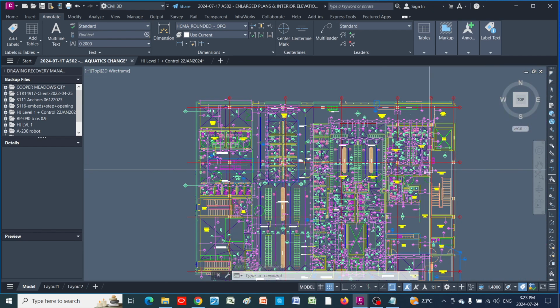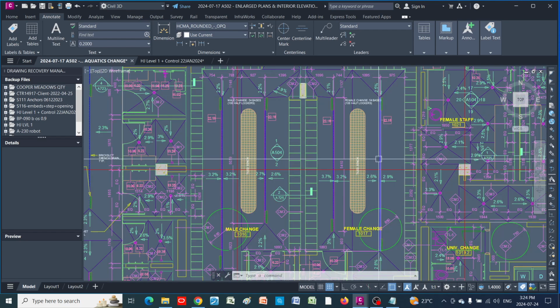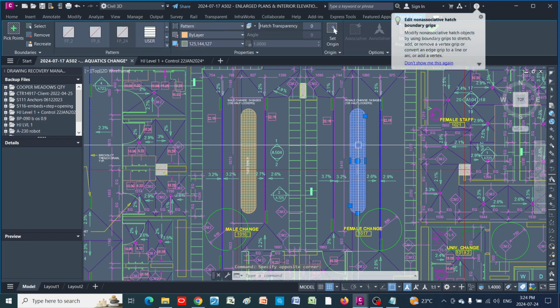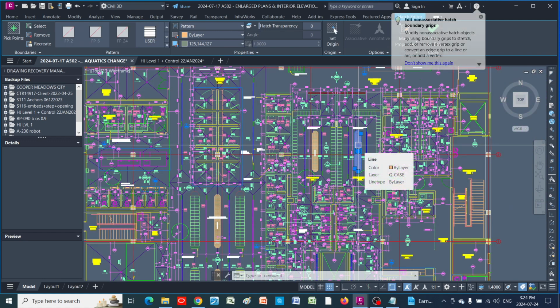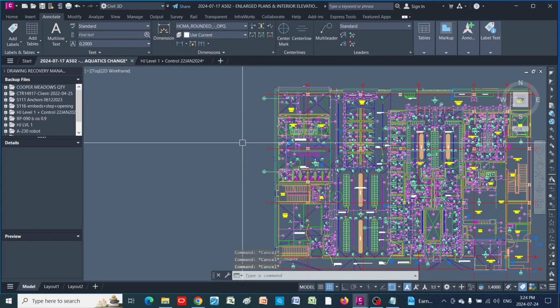But when I exploded the blocks, there were hatches inside the blocks. That's why they were not removed when I first removed them. So I'll go ahead and repeat what I've done just a while ago.